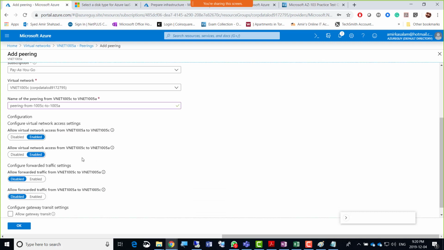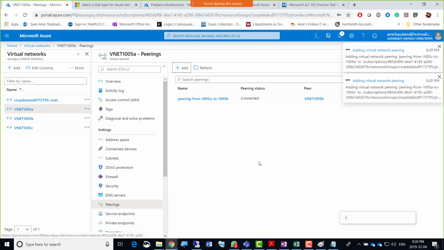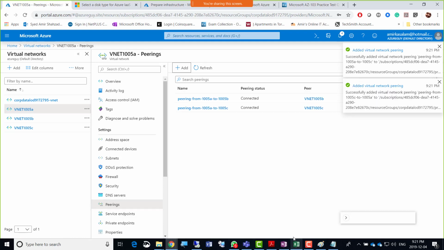Once that is there and it is enabled for both, as soon as you click OK, it just gets enabled for both. So now you have two peerings there. One peering goes from A to B, and the second peering goes from A to C. That's what got created here, and all peerings need to be created inside VNet 1005A.